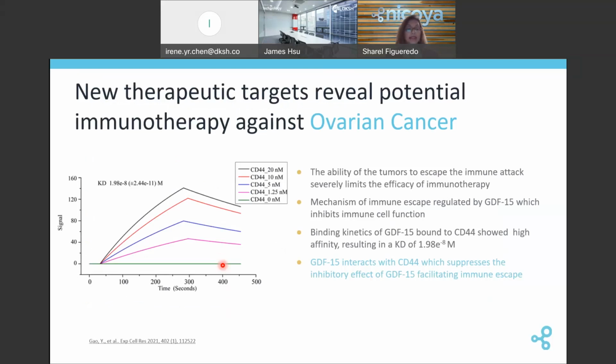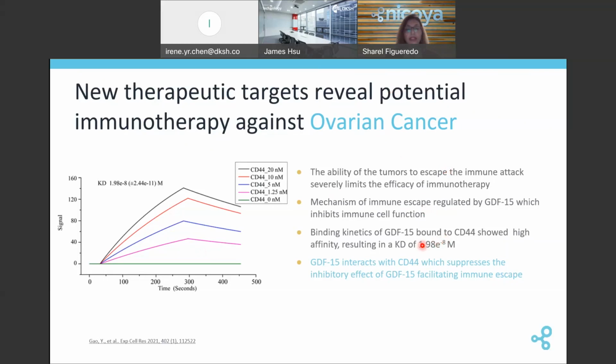On this slide, we see work done by Gao et al., where they have identified therapeutic antibodies that have potential against the battle for cancer. They're looking at the ability of tumors to escape the immune attack that severely limits the efficacy of immunotherapy. Now, the mechanism of immune escape that was regulated by GDF15 and inhibits immune cell function is what they were